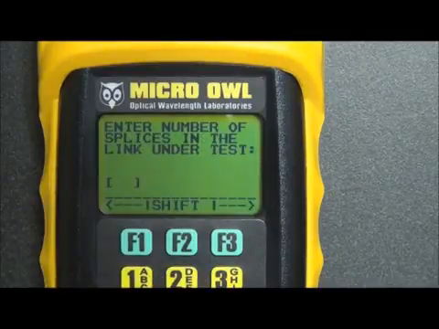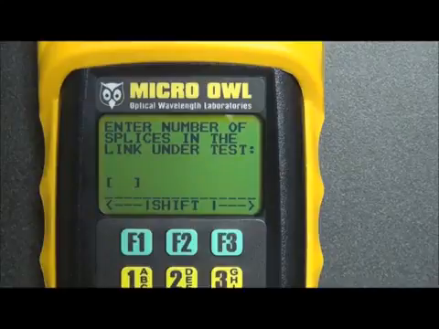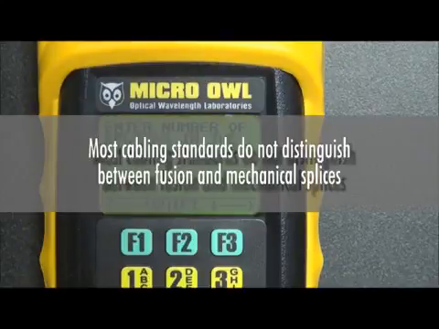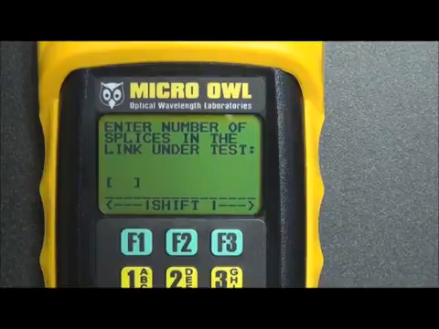Lastly, it's going to ask us how many splices are in the link under test. Now, for the purpose of entering this information, most cabling standards don't distinguish between fusion or mechanical splices. Usually multimode links do not have splices in them. It should be noted that